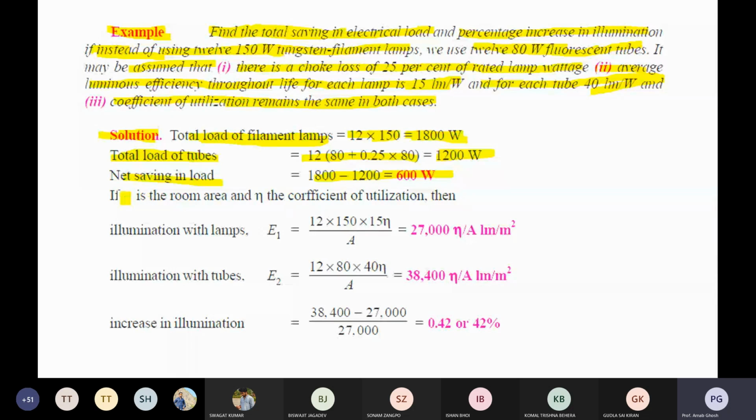So you can take the idea from those problems and solve them at your home or hostel for your benefit. What is the next problem? The next problem is a drawing hall in an engineering college. Provide the lighting installation for a hall of size 30 meter into 20 meter and 8 meter height. The mounting height of the lamp is 5 meter, and the required level of illumination is 144 lumen per meter square. Using metal filament lamps, estimate the size and number